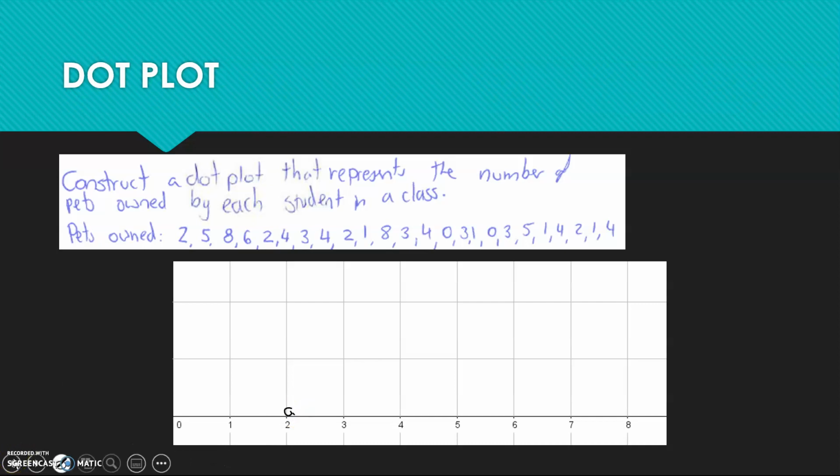You then go through and continue this process and draw dots on each of your points. So the first one was on 2, we then go to 5, and you'll draw a dot there. You'll then go to 8, you'll then go to 6, back to 2, then to 4, then to 3, 4, 2, 1, 8, 3,